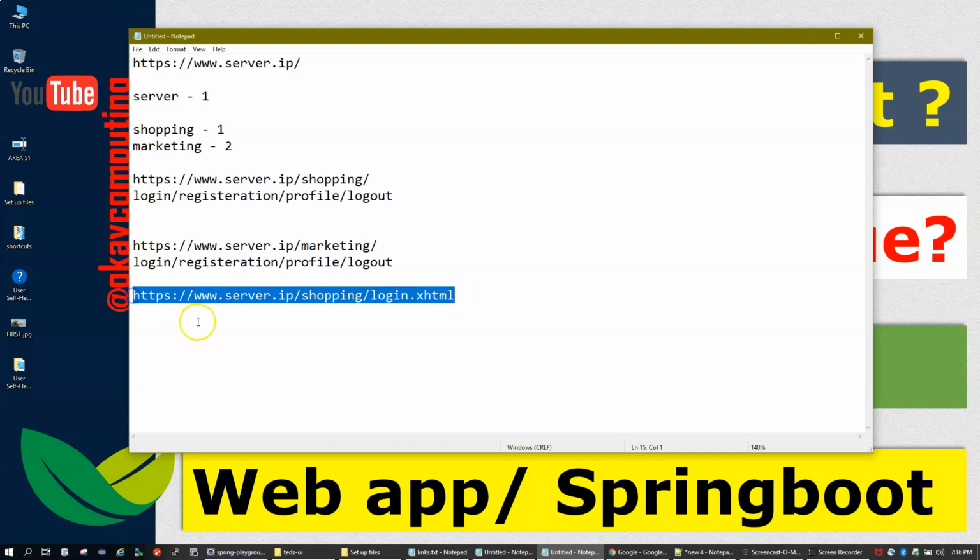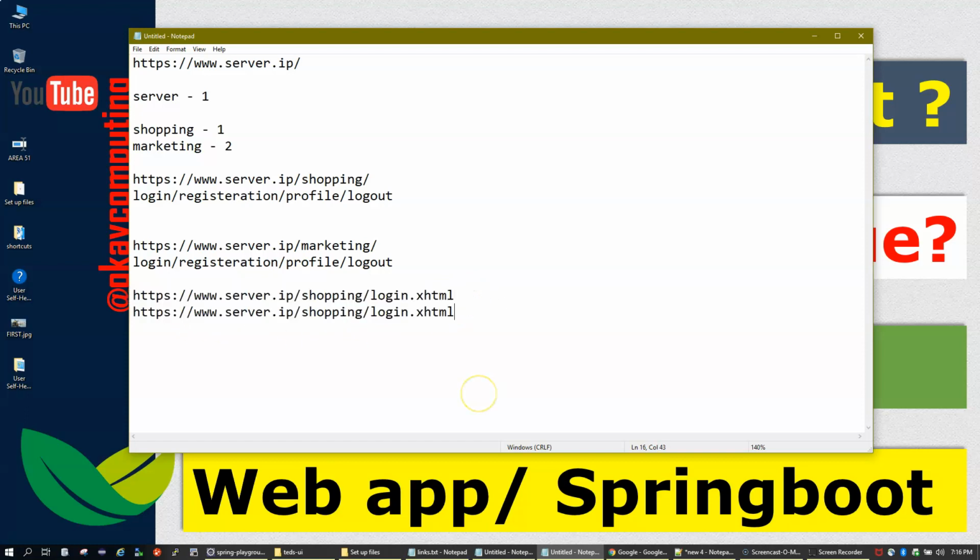And if the URL has the context root marketing, say for marketing I have the same URL and the same pages, then by looking at the context, your server will decide that this particular request will be served by the marketing application.